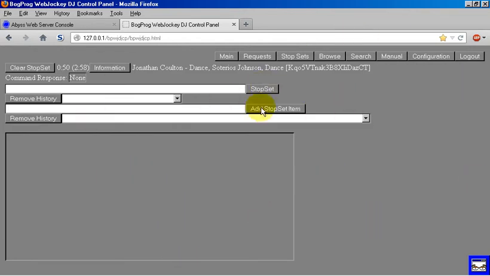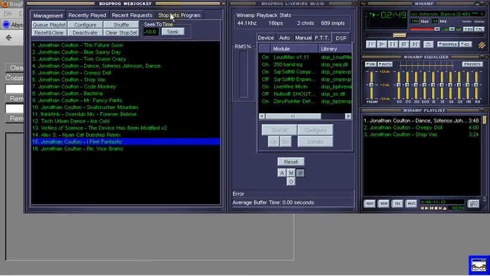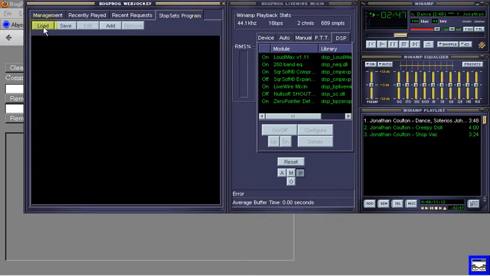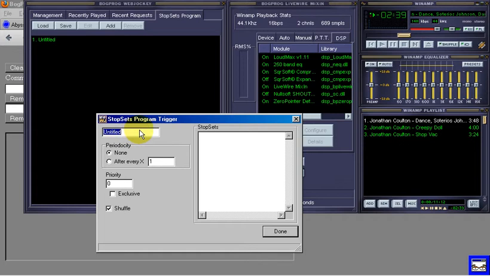So we've explored stop sets and we've explored stop set items. So let's move on to a stop set trigger, which is part of stop set programs. So let's just dive right in. Sweeps, everyone,